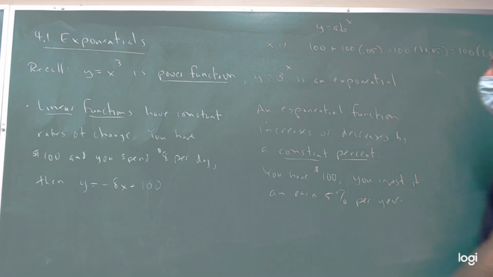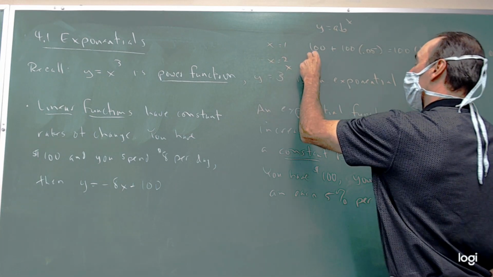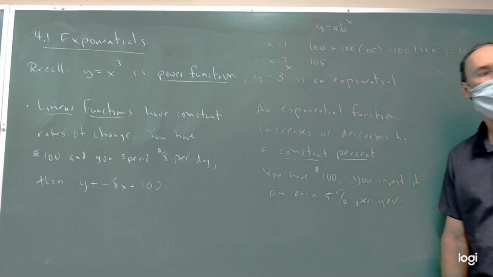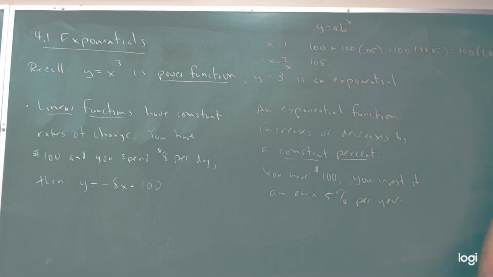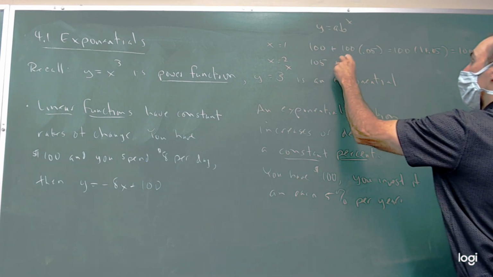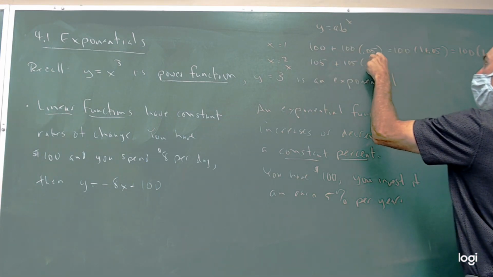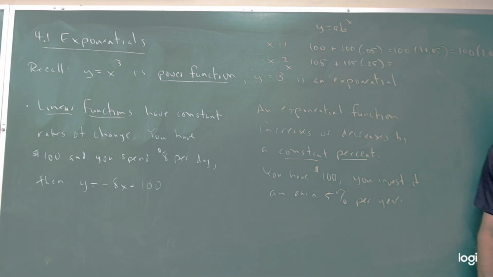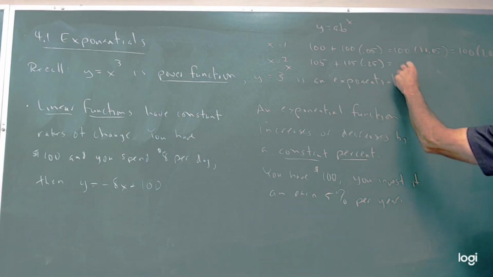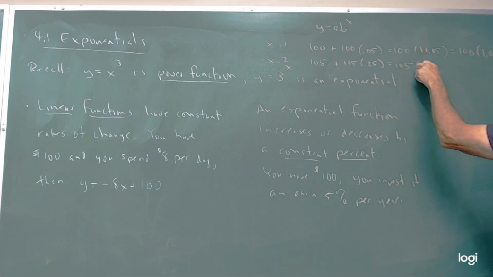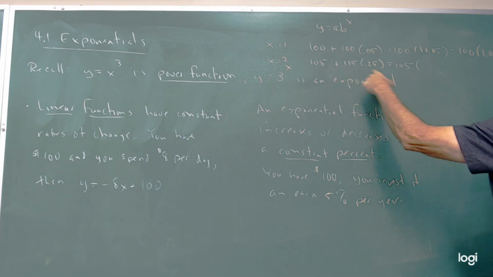Then in year 2, you take that $105, because now the interest gets a chance to earn interest. That is compound interest. Then you get that $105 times 5% in the second year. Does that make sense? We can play our same game of factoring out that 105, and we'll be left with